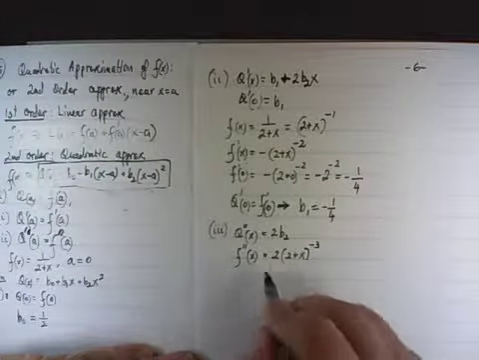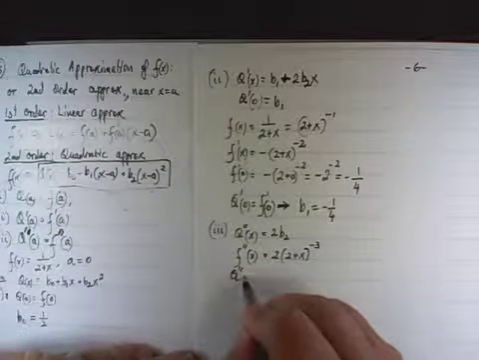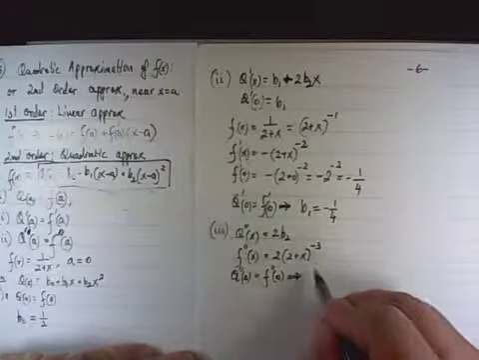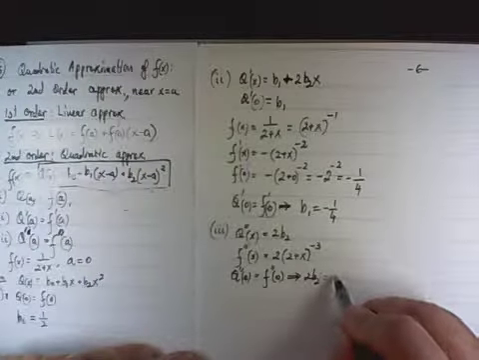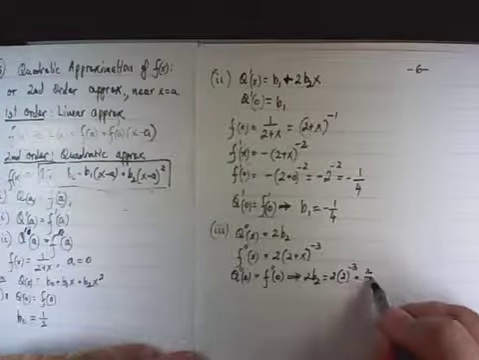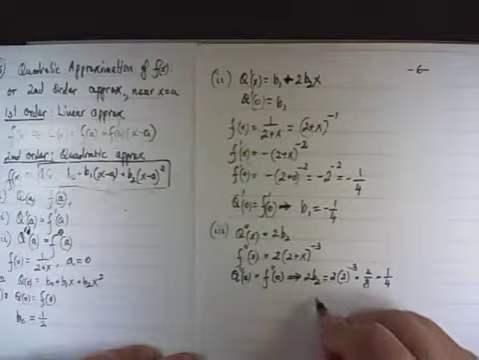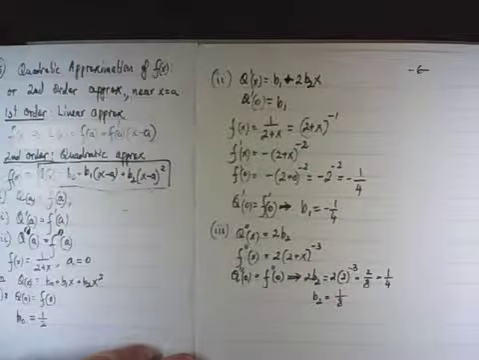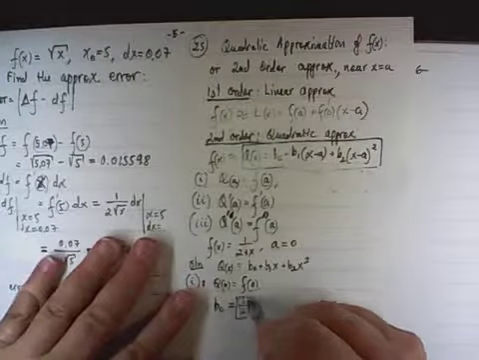Okay? And now we want q double prime of 0 to equal f double prime at 0. So 2b2 equals 2 times 2 to the negative 3, or 2 divided by 8, or 1/4. Okay? So b2 equals 1/8. And we have what we are after. We have b1, b sub 0. We have